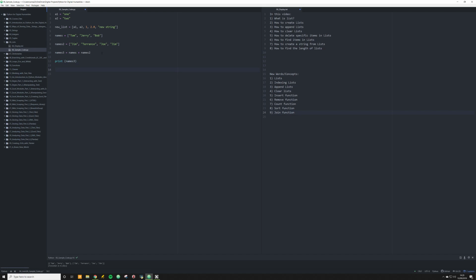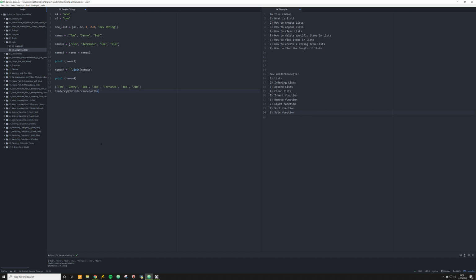But let's say I want to take all these names and I want them to be a single string. The way in which I'm going to do this is I'm going to use the special join function. And what I'm going to do is I'm going to tell it to join all the items in names3 with nothing in between. And when I print this off, let's just make this names4 so we can see what's happening here. Print names4. So right down here we see in the output